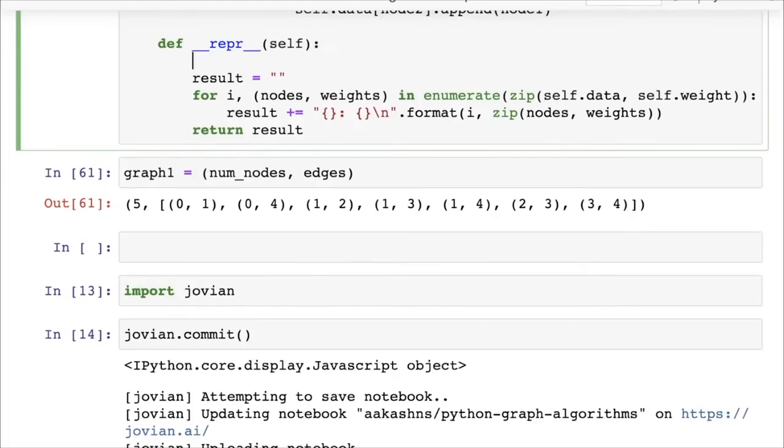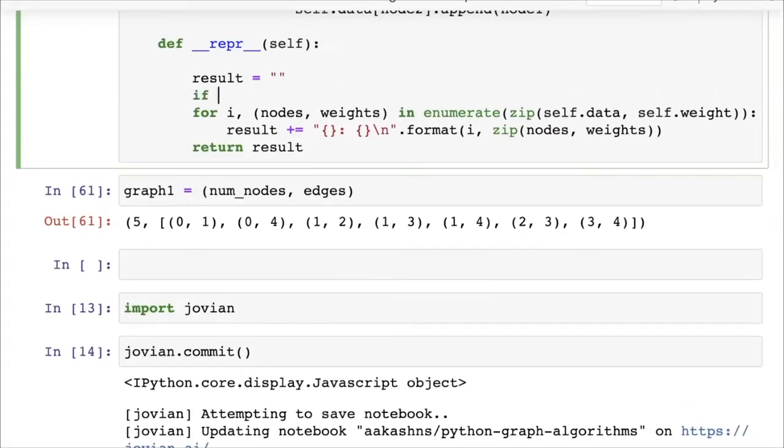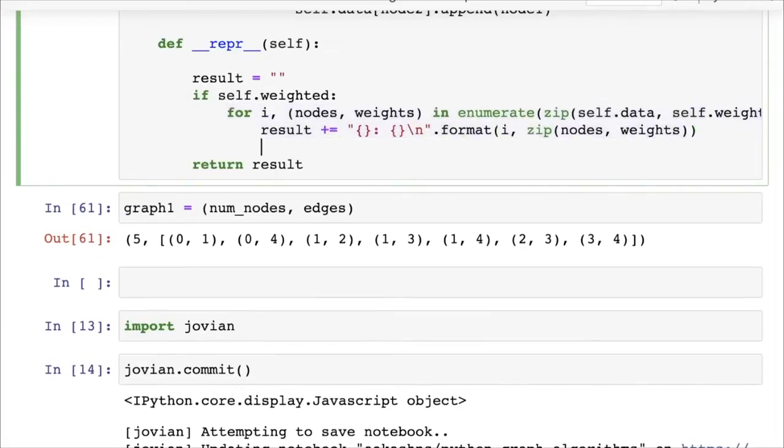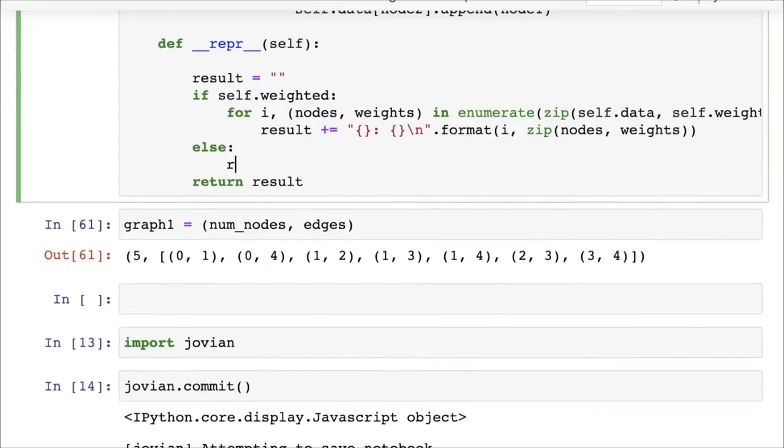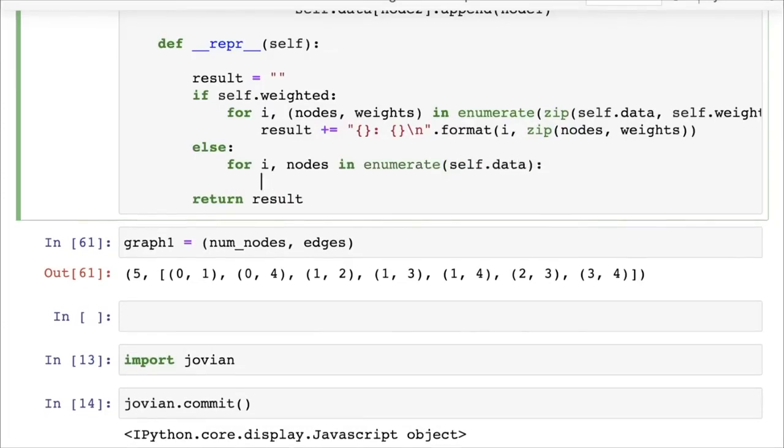And of course we want to do this only if it is weighted, so if self.weighted. If it is not weighted, then we have a different case where for i, nodes in enumerate(self.data), result plus equals